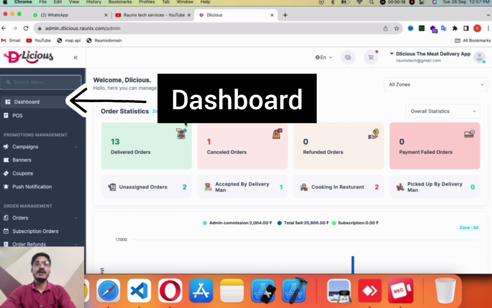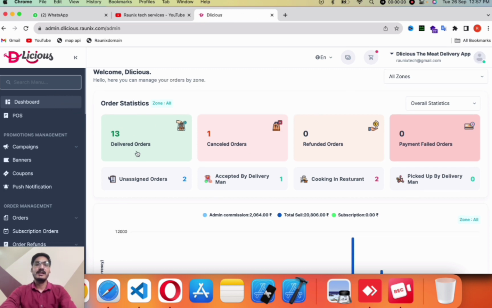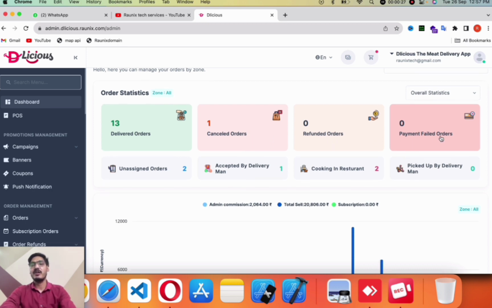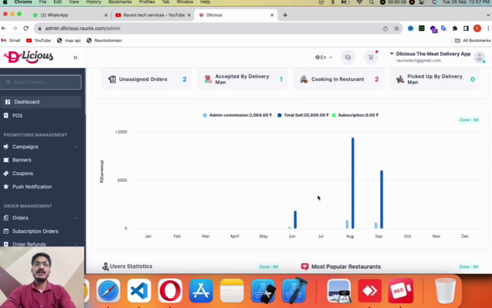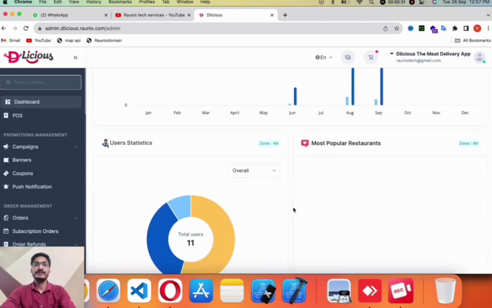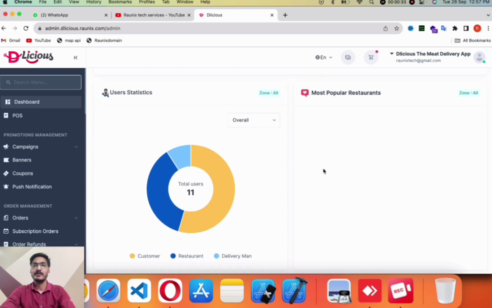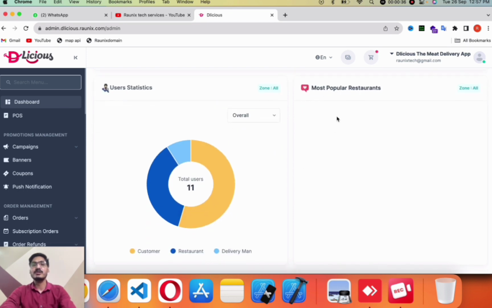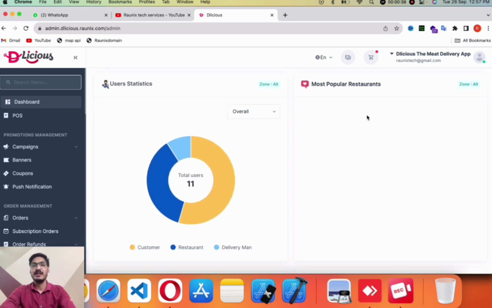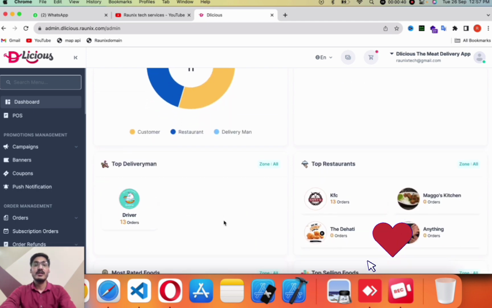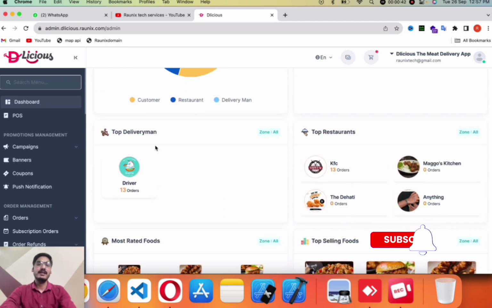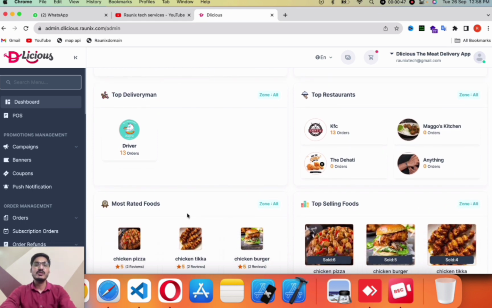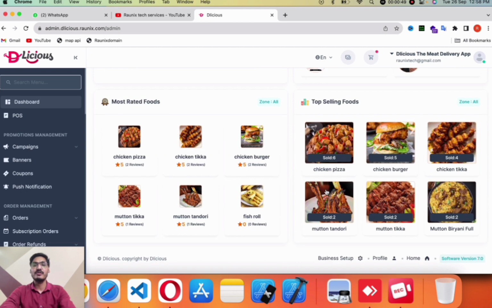At the dashboard page, you can find the details about delivered orders, cancelled orders, refunded orders, and payment failed orders. Also, you can see the details in the form of graphs here and here. You can also find most popular stores or restaurants here. You can also find top delivery men, top restaurants or sellers, most retail food, top selling food, and many more